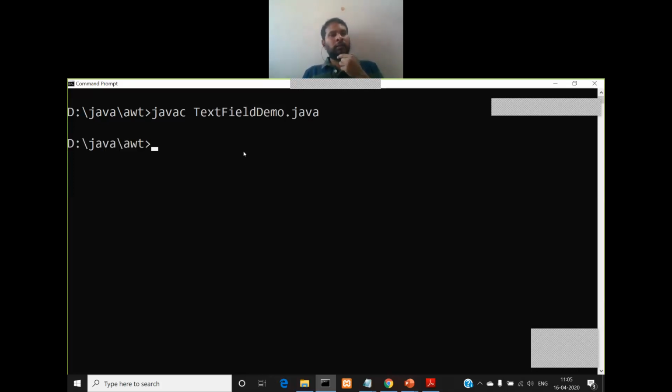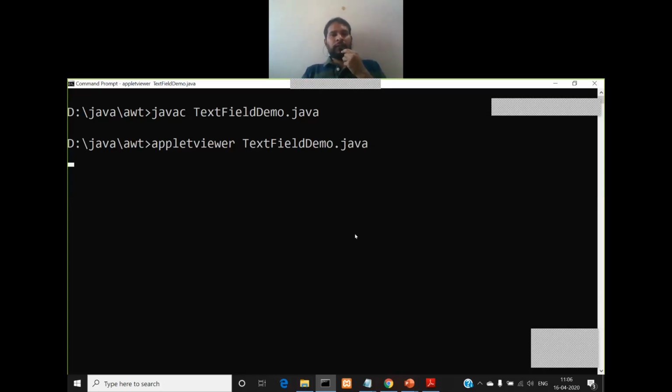It is the same as a console application, but to run the program you have to use which one? The tool called appletviewer, space, file name dot java. You need not refer to the dot class file, you have to refer to the dot java file, right?